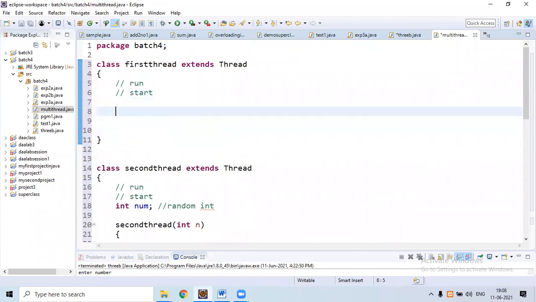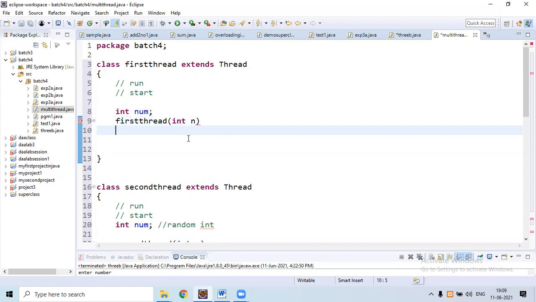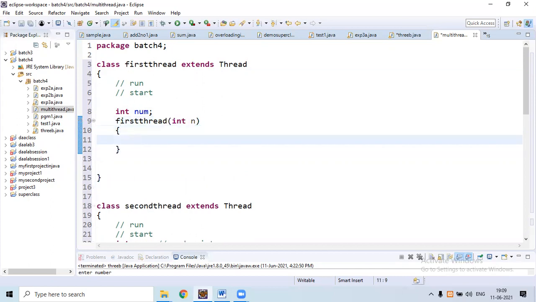Here initialize int num to take the number of random numbers, then create a constructor FirstThread, int n, then store n in num.